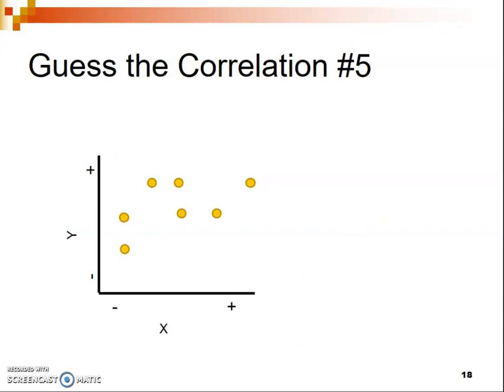Let's try one more example. Here we have our data points. Again, these data points are a little bit more spread out than some of the other examples that we had at the beginning. But you should be able to see there is a general trend upward here, in that some low values of X are associated with fairly low values of Y. And especially over here, a high value of X seems to be associated with a high value of Y